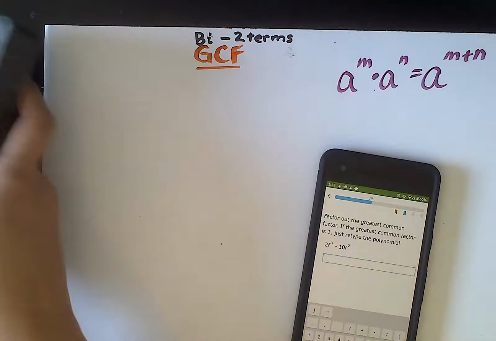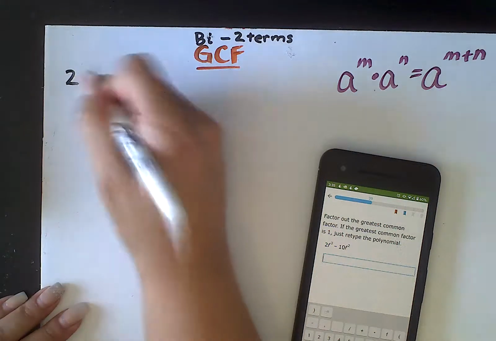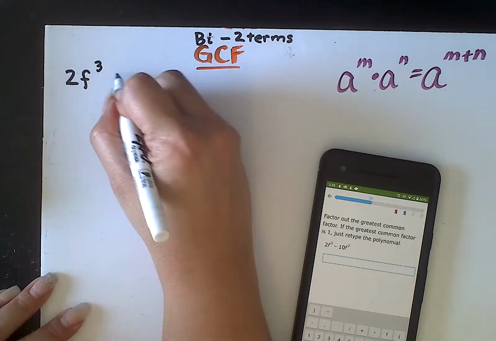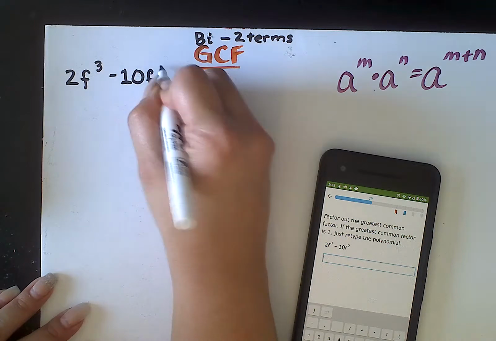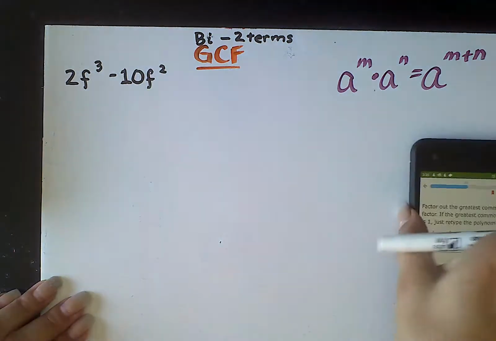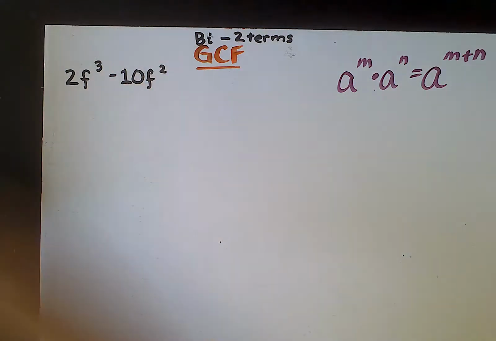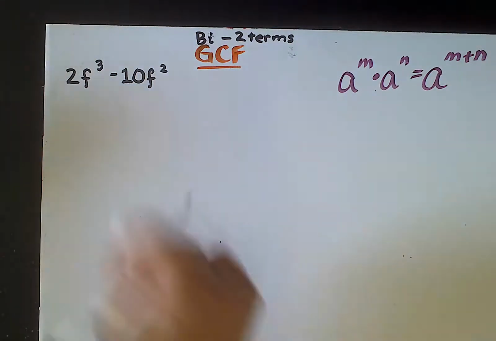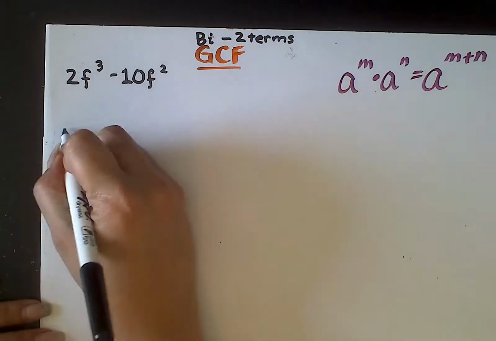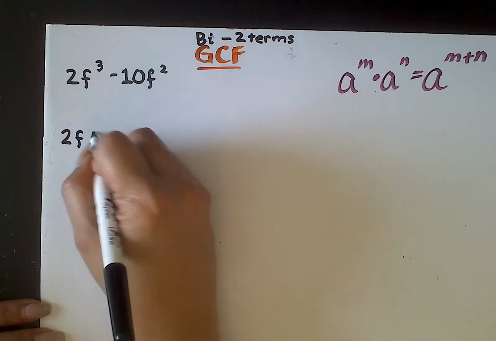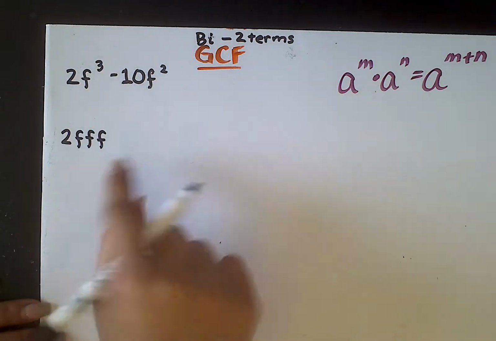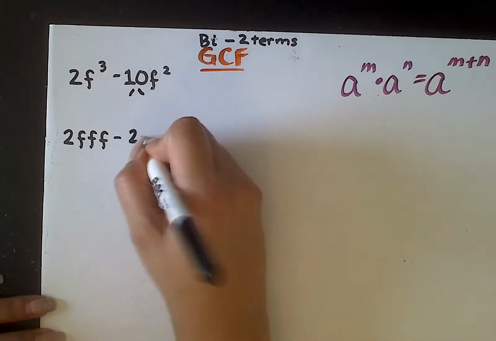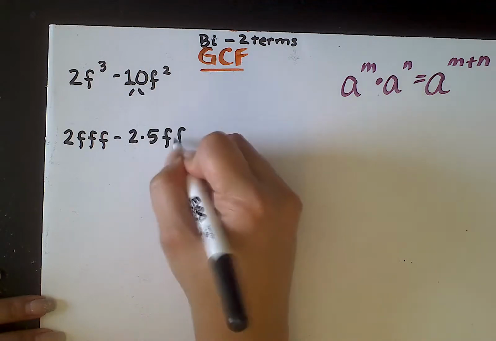So let's go ahead and try the next one. Hopefully I won't do anything silly, and I'll try and double check on the chat, see if you guys are clocking me on anything. Minus 10f squared. Okay. Hopefully I won't function it up again. Let's try this out. So I'm looking at page 7, and that's all right, Jordan. Thanks for joining us. 2 is a prime number, so I'm just going to bring that on down, and I'm going to expand those f cubed into f times f times f minus, and then my 10 is a composite that I can break down into 2 times 5, and f squared is right there.